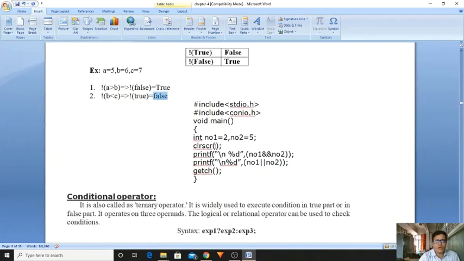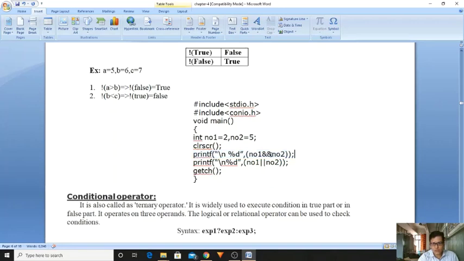And now I am moving to this sample example. Okay. #include <stdio.h>, #include <conio.h>, void main function. I am taking number1 is equal to 2, number2 is equal to 5. You clear the screen, you display %d directly in printf, and I am displaying the output. In the output itself you are processing and displaying the result.